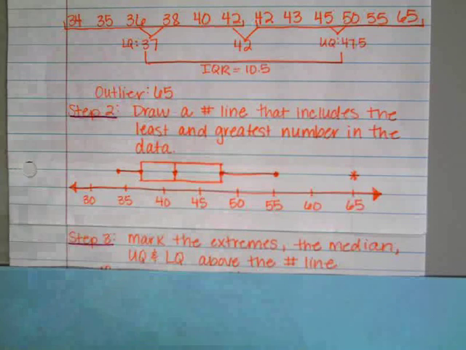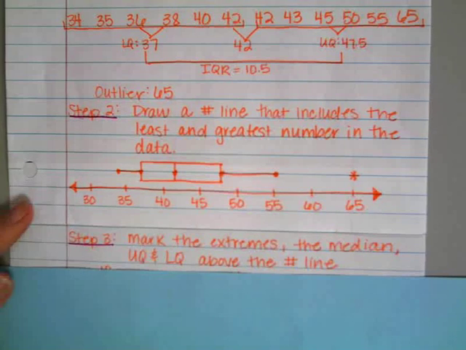So in this case, your lowest number would be 34, and your upper extreme is going to be 55. The reason that it is 55 and not 65 is that 65 is your outlier, and you would plot 65 separately. So you're going to mark 34 as your lower extreme. You're going to mark 37 as your lower quartile. You're going to mark 42 as your median. You are going to mark 47.5 as your upper quartile,